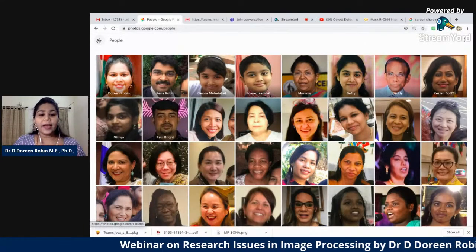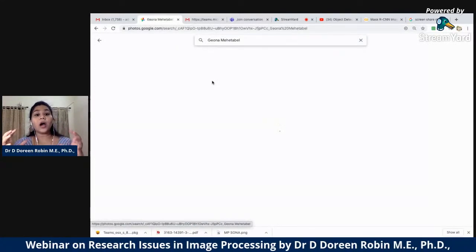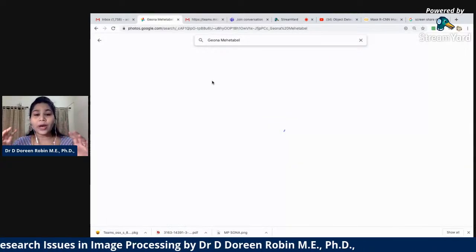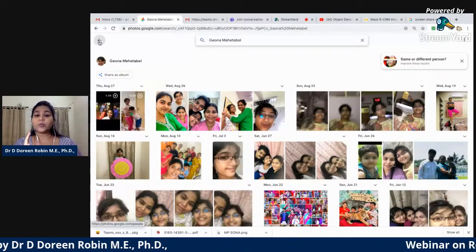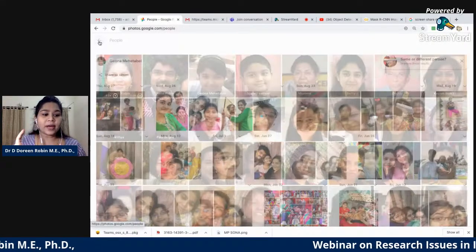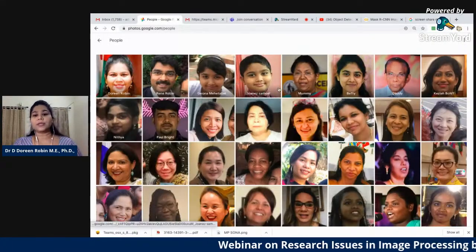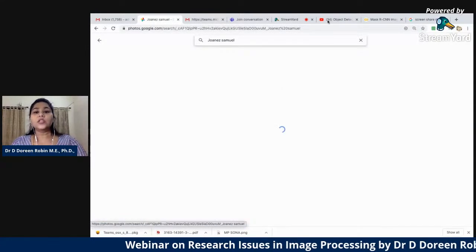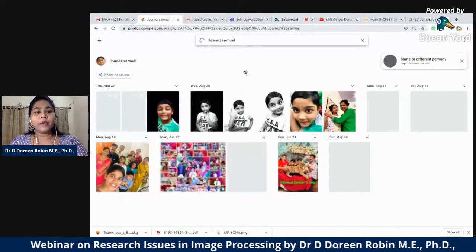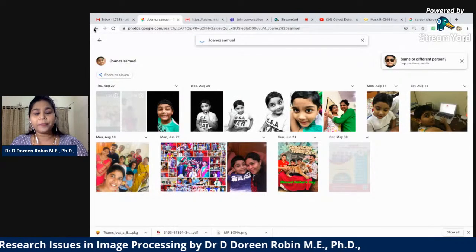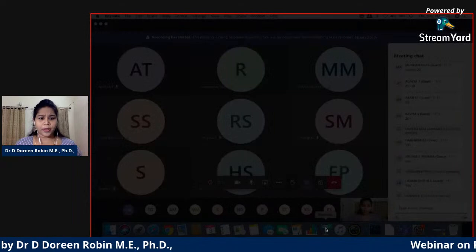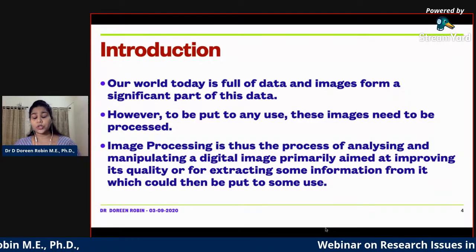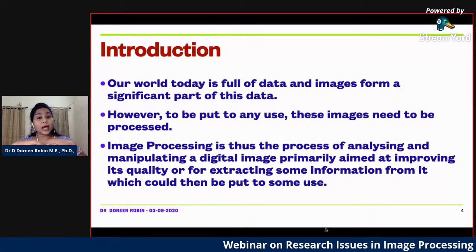I say yes. And this is my daughter. See how I'm not doing, you as researchers, we need to understand there is a lot of classification algorithm that runs behind. And this is my son and my parents, everything. So I just name them up, and whenever any picture is being taken, it automatically categorizes. This is a very big image processing research issue that is going on, and still it is upgrowing.